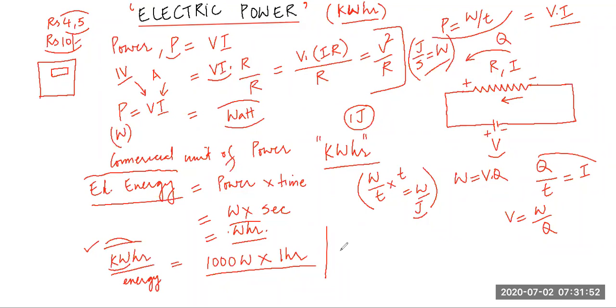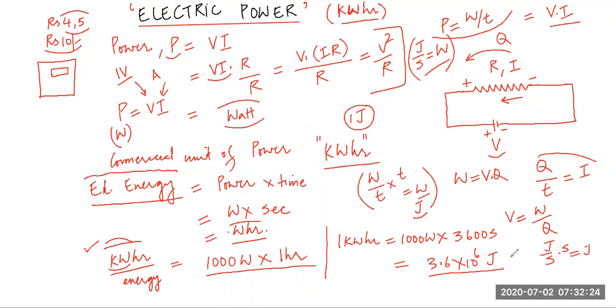1 kilowatt hour is equal to 1000 watt into 1 hour. Now in joule, the time must be not in minutes or hours, but it should be in seconds. 3600 seconds. That is equal to 3.6 into 10 raised to power 6 joules. Again, watt into second: watt is joule by second, into second is equal to joule. So electric kilowatt hour is basically the electrical energy consumed